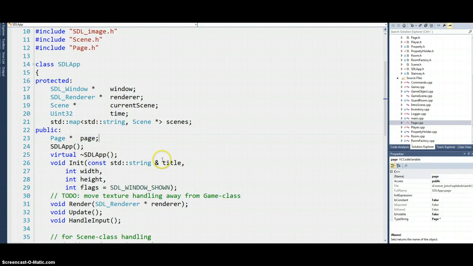So this Page class changes the earlier way of outputting the text. The earlier version used cout for outputting the text, and now it uses this Page.